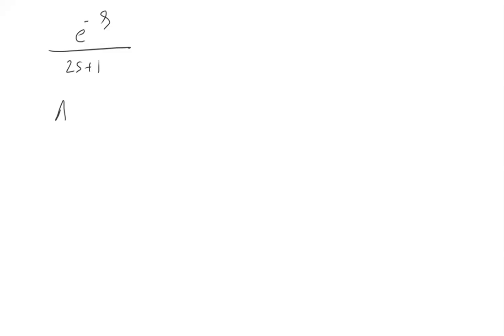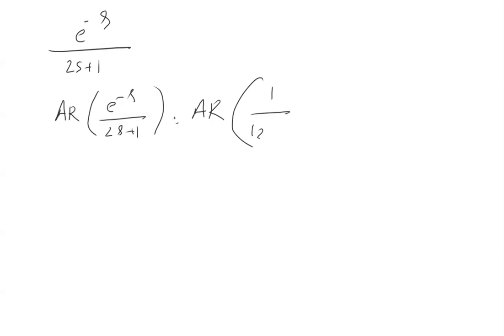So what is the amplitude ratio of e power minus s by 2s plus 1, which is equal to the amplitude ratio of 1 by 2s plus 1 into the amplitude ratio of e power minus s. What is the amplitude ratio of e power minus s? 1, no. So this e power minus s has no effect,